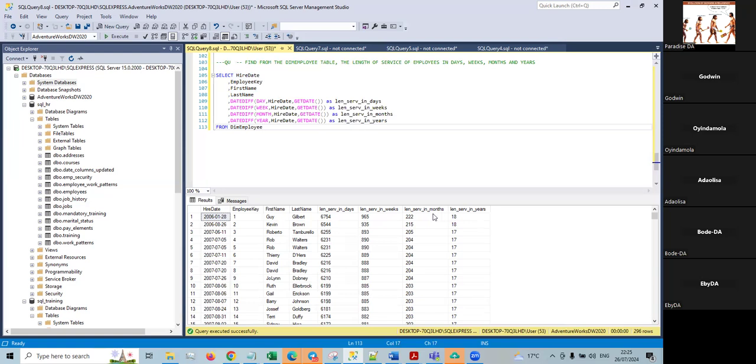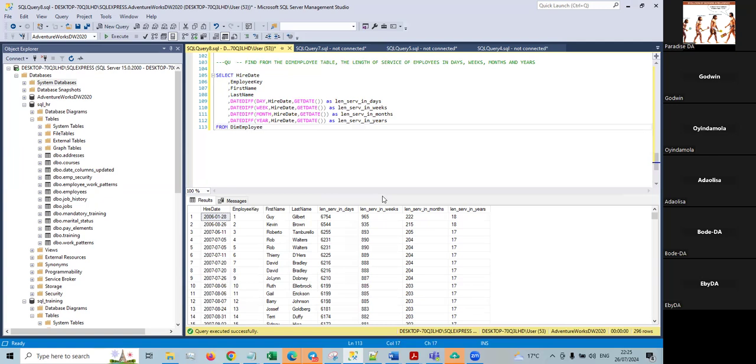All of these figures here, most of them are approximations, except the days. They are approximations. So we can decide to find the exact number